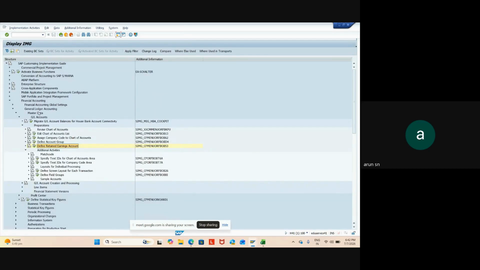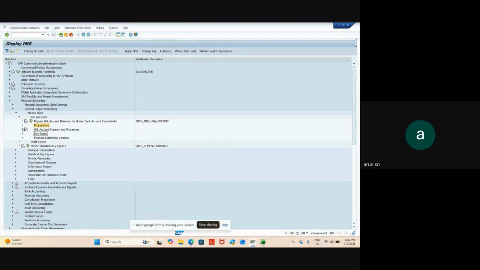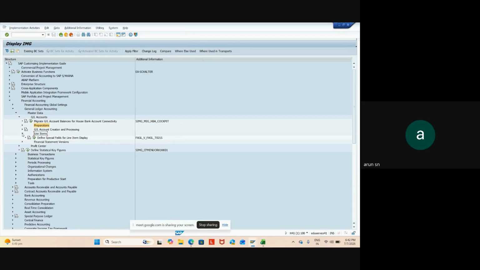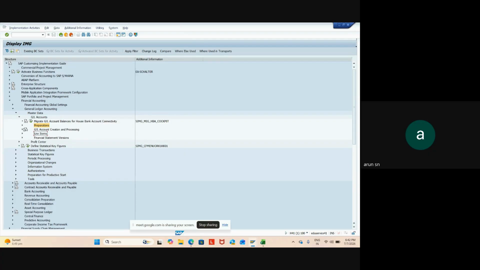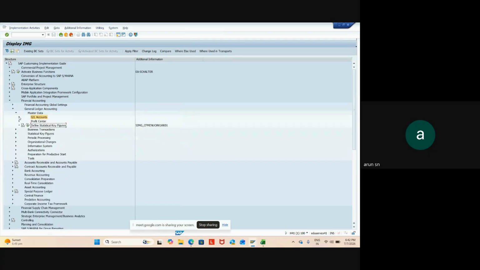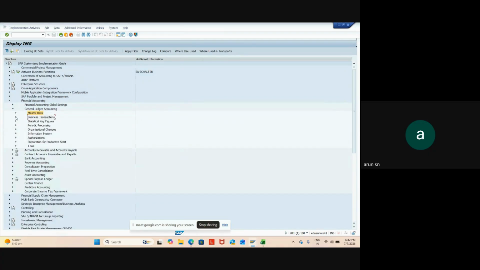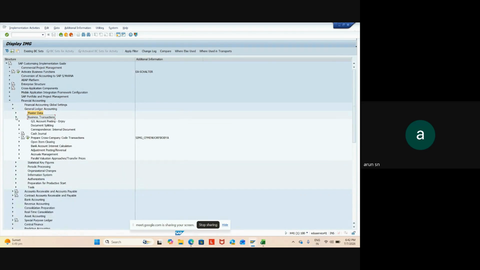So next, what we can do, this preparation step is over. Line item, nothing is there here to do. So next, the GL account, we'll go to the business transactions. Under the business transactions, we have certain things. Second,